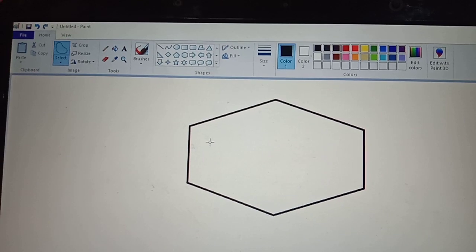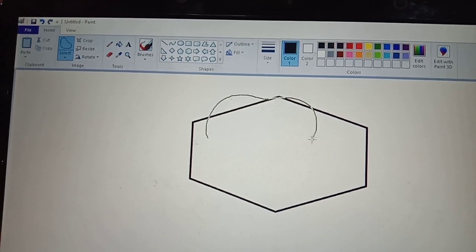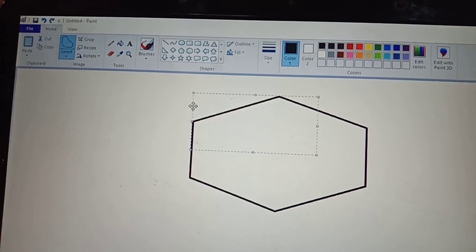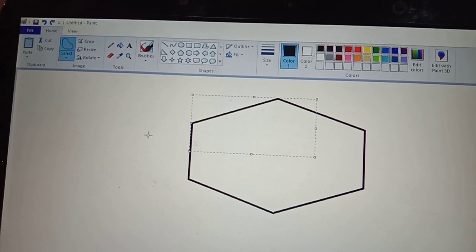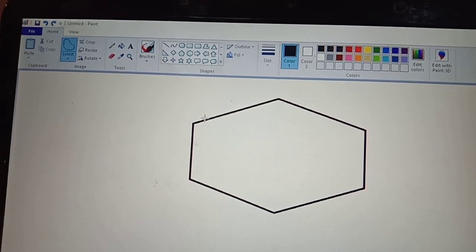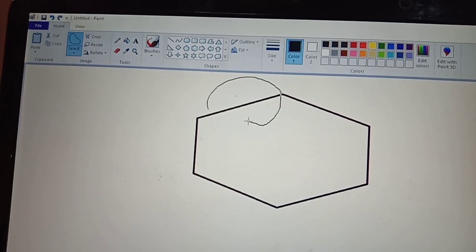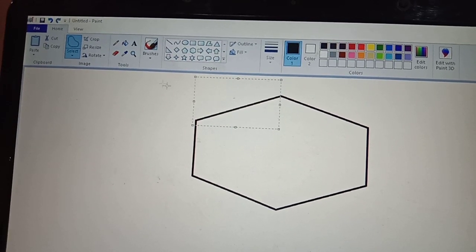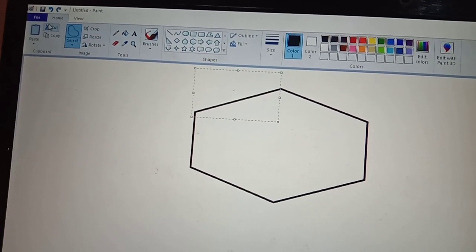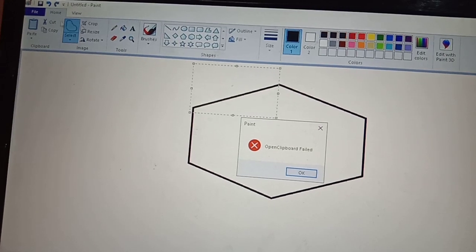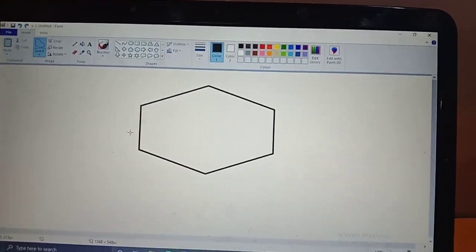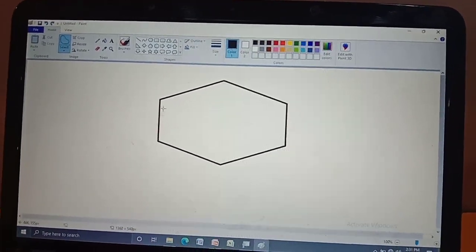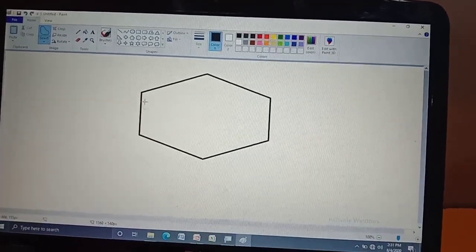Based upon your wish, in any shape, after selecting that part you can cut. So this is the concept of freeform select. Either you can use cut, copy, paste on that particular part.